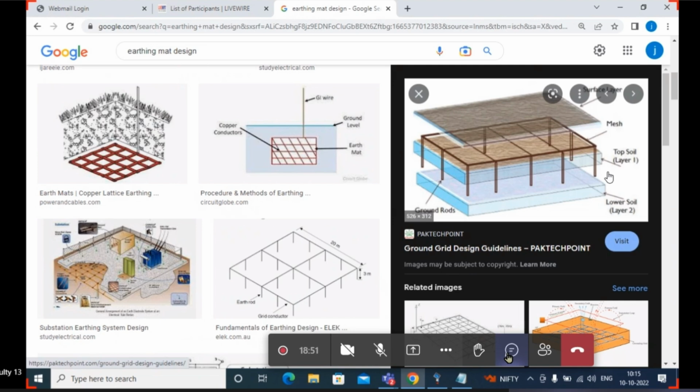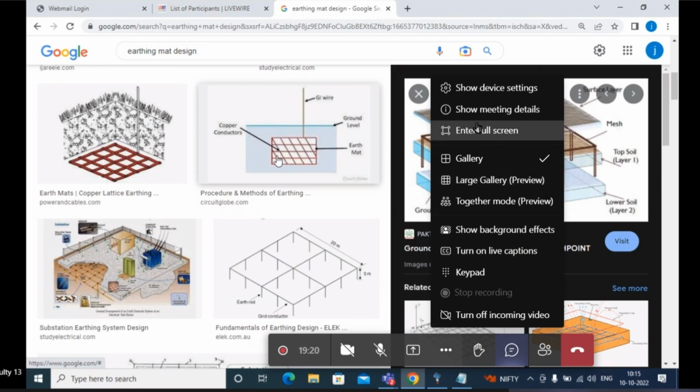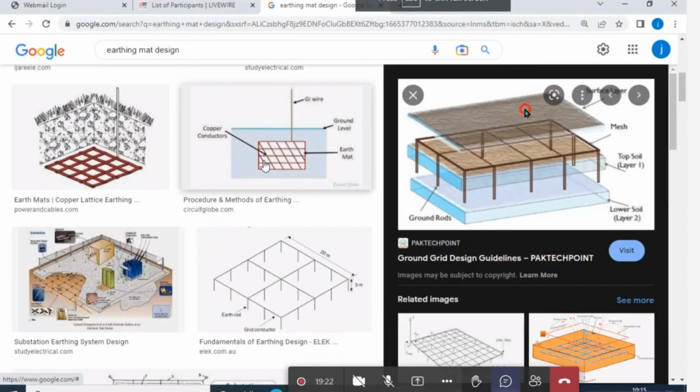Okay. So now you just see which one is mat type and which one is rod type. Why? Because in the ETAP software, first we are going to discuss using the mat type, that is using conductors alone. In the mat type, how much resistance are we getting? After that, if I include a rod in that conductor, how much resistance, step potential and touch potential are we going to get? Like that we are going to see in the ETAP software.